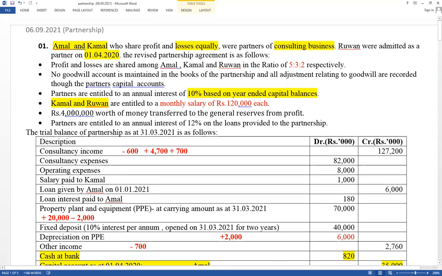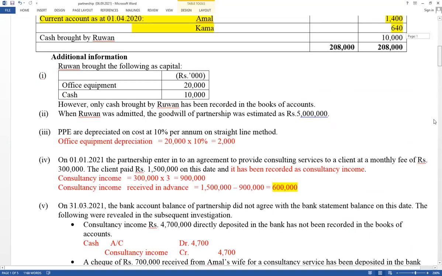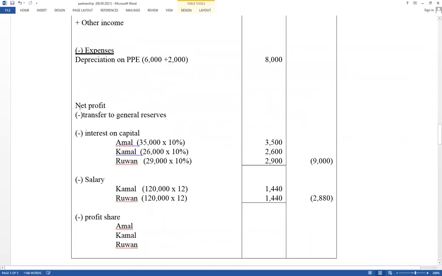Therefore, that value also should be recorded in profit appropriation accounts. And it is also part of equity. Therefore, from net profit 4,000 should be deducted. And it should be included under current accounts and equity. Therefore, 4,000, very, very important thing, transfer to the general reserves. After calculating net profit, think income statement, net profit, after that, transfer to the general reserves, that value also should be deducted from net profit. Value equals 4,000.